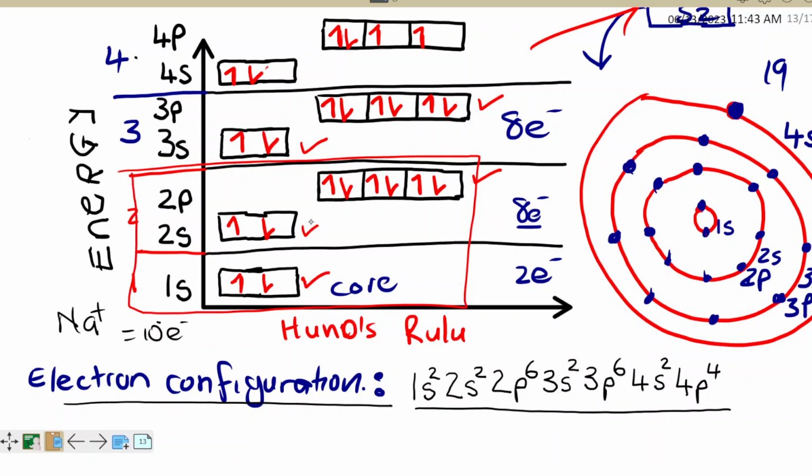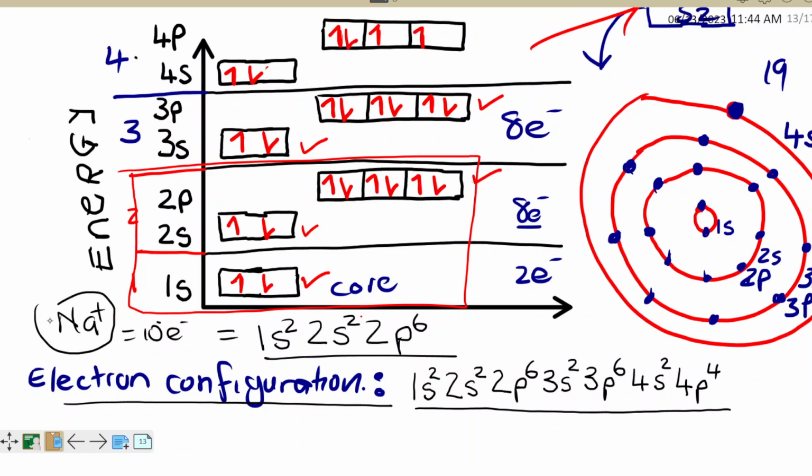Then how to write the electron configuration of the sodium ion with 10 electrons. You would do it this way. You would say electron configuration, it's 1s. 1s has 2 electrons. You go to 2s. 2s has 2 electrons. You go to 2p. 2p has 6 electrons. So this is the electron configuration for the sodium ion. But what about the sodium atom? The sodium atom